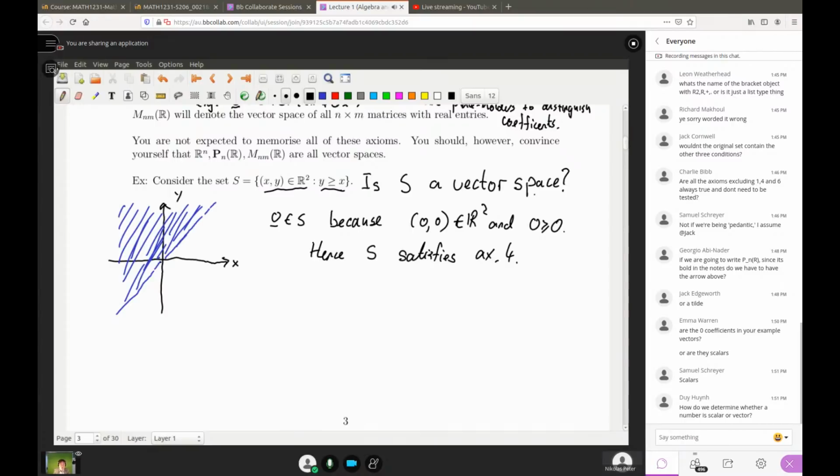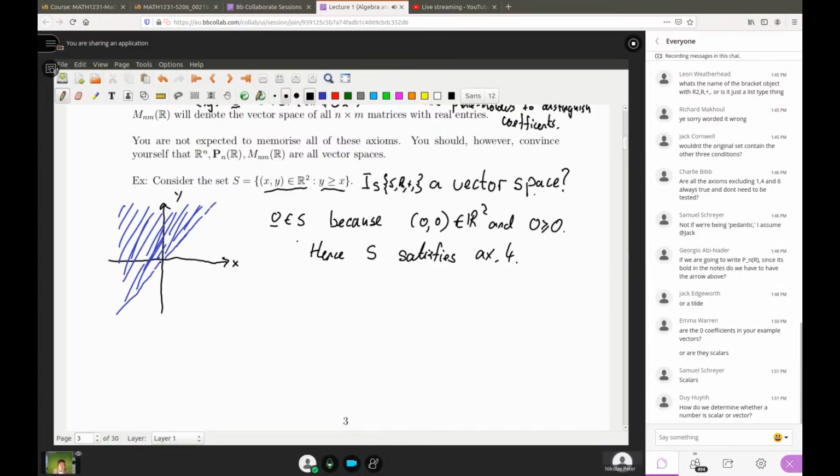Is it closed under scalar multiplication? Really, we're just probing this set now. So we'll assume that it has the same addition and scalar multiplication operations you are familiar with. I should really have said: is S with the real numbers, with the usual definition of addition and scalar multiplication, a vector space? It's all falling apart now because I'm rushing. Okay, so let's just test some of the axioms.